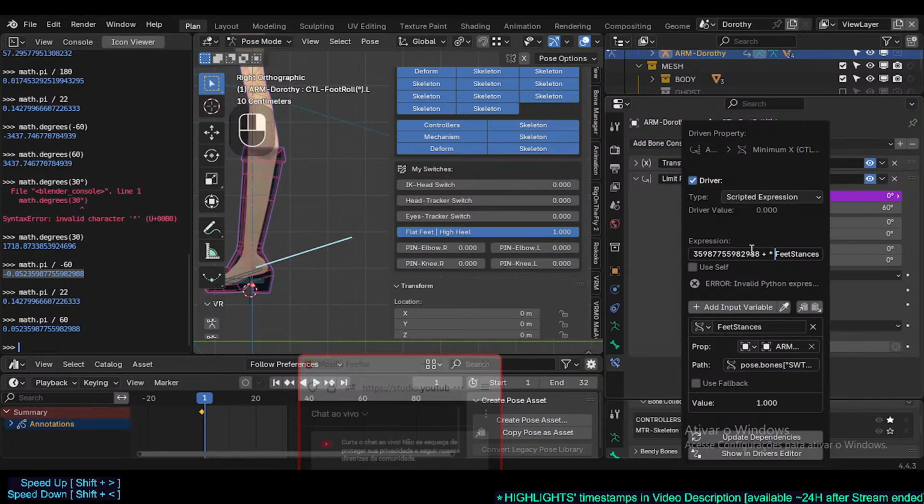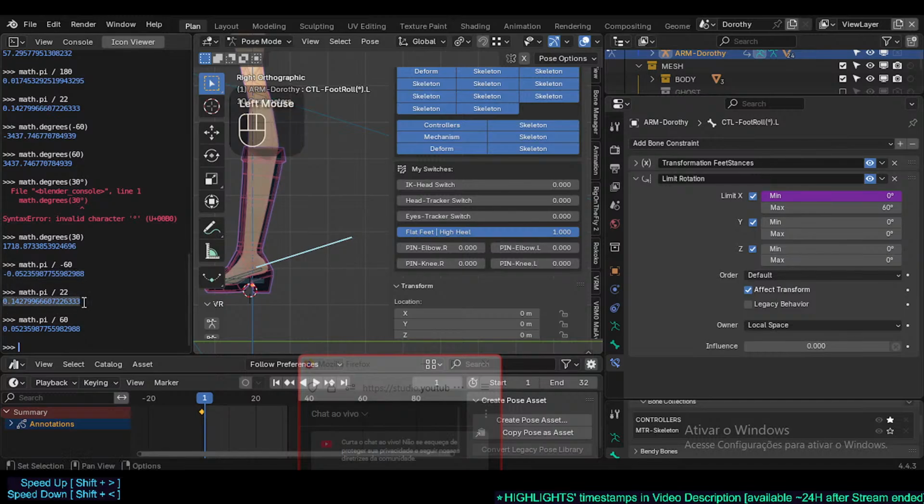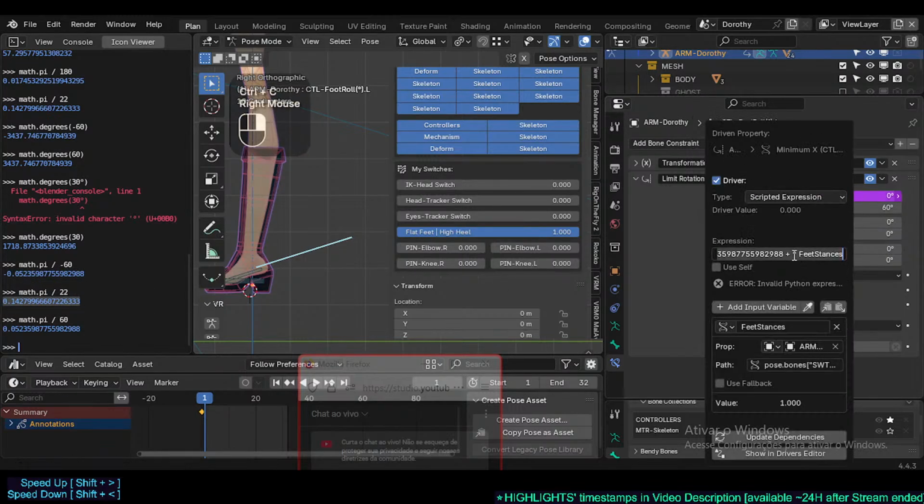It's this times, times actually this. There we go. So this will make it in